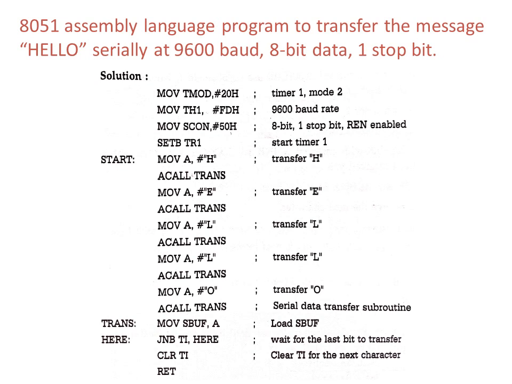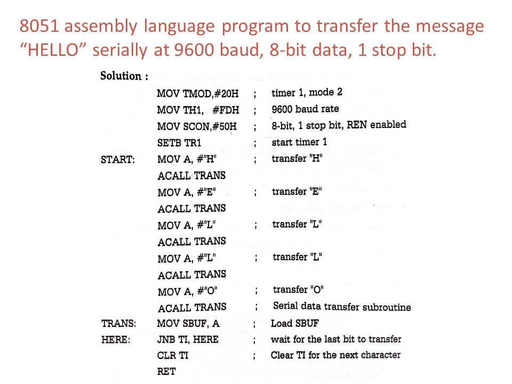Now here the requirement is we should transmit a message HELLO serially. So the method followed is initially we should copy the letter H to the SBUF register. At that time it transmits that particular letter. Once the transmission completes, then we should copy the second letter, that is E, to the SBUF register. After the transmission of letter E completes, the next letter we need to transmit. So this method we have followed here, and that is explained in this particular program.